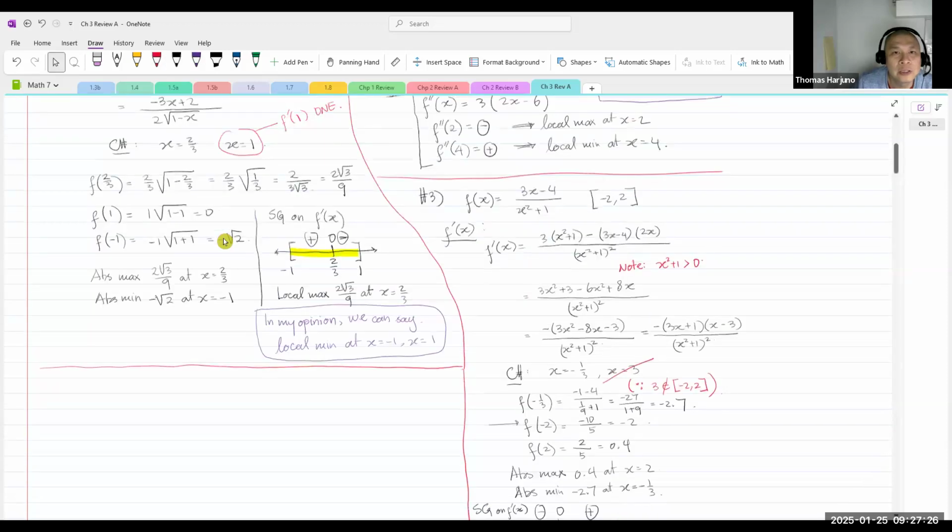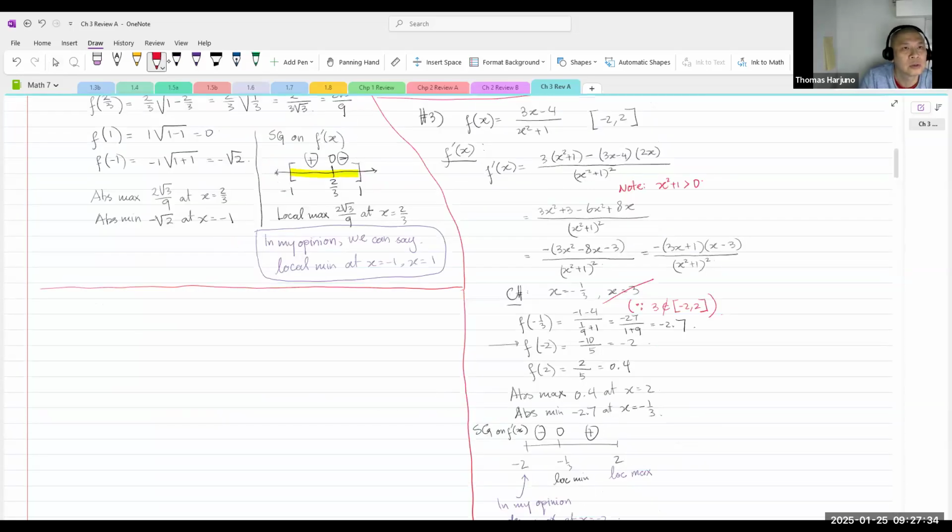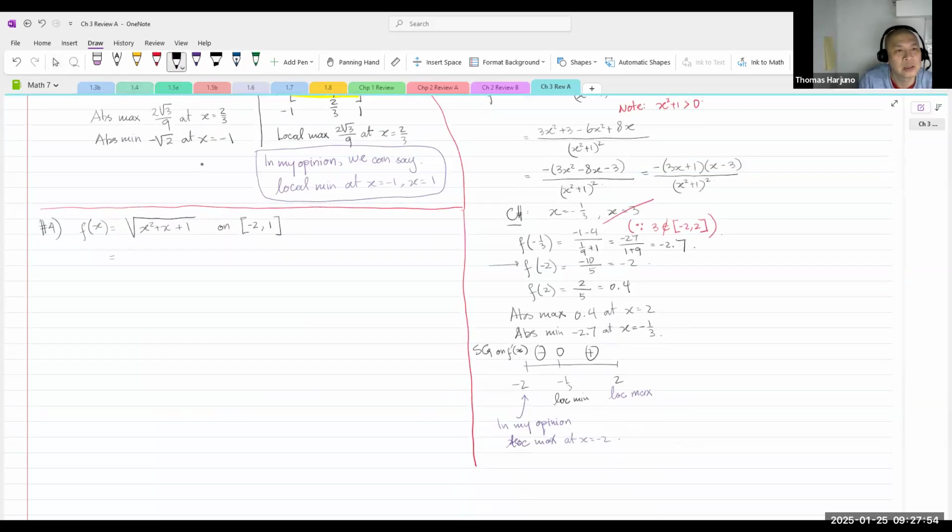Okay, let's go on. Number 4. The square root of x squared plus x plus 1 between negative 2 and 1. So f(x) equals the square root of x squared plus x plus 1 on negative 2 to 1. We can rewrite this as x squared plus x plus 1 to the 1/2, right? Such that when we work with the first derivative,